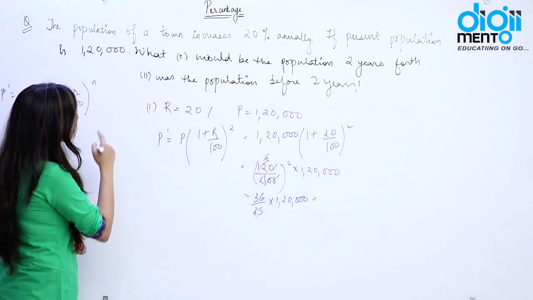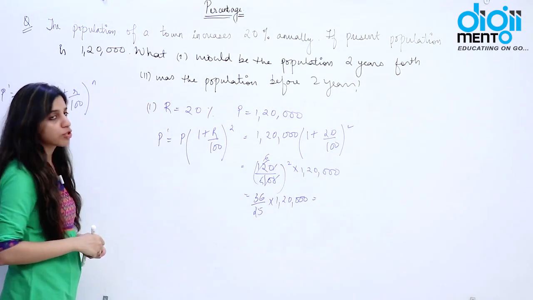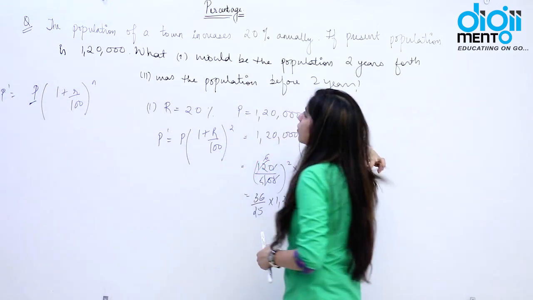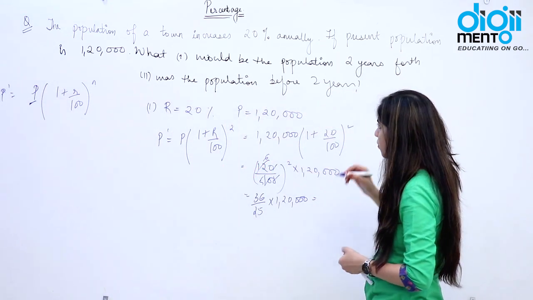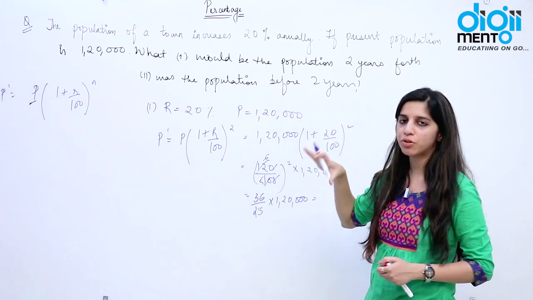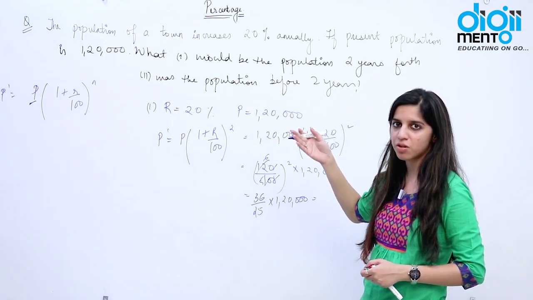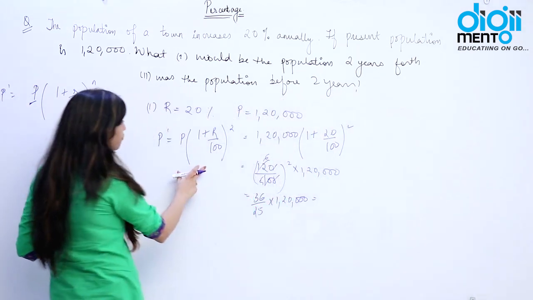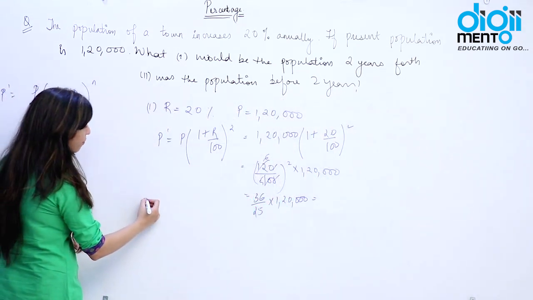Right. Now if you look at the second part, they are asking what was the population before 2 years. Okay, now if they are asking you the population before 2 years, what you are going to do is, see, population before 2 years would be less than the present population, obviously, because it is increasing per year. So what do you do? Instead of multiplication, we just need to perform the